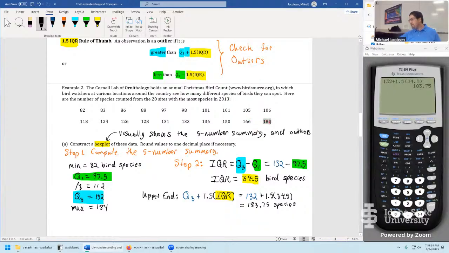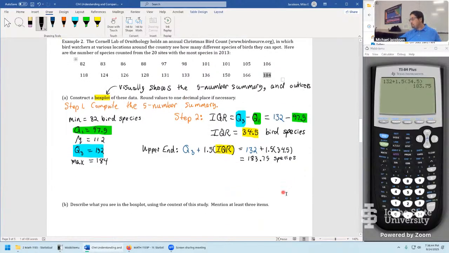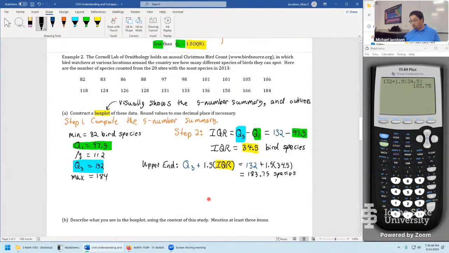So like we mentioned, this looks like a pretty huge number just looking at the data. It's kind of neat to see it's also flagged by the IQR rule of thumb as being suspicious. So we'll say here, to finish off our work on the upper end, one outlier, and it was the 184, the maximum. Then we have to do it all over again. But any questions at the moment to this stage?